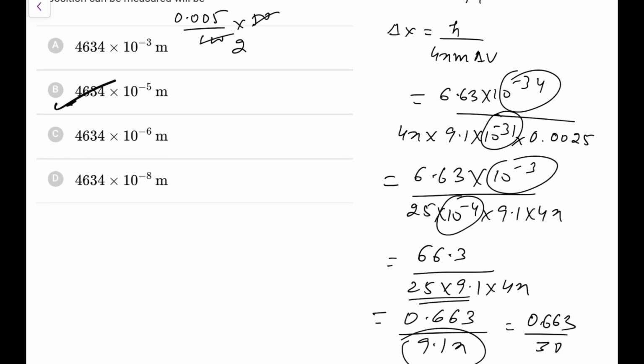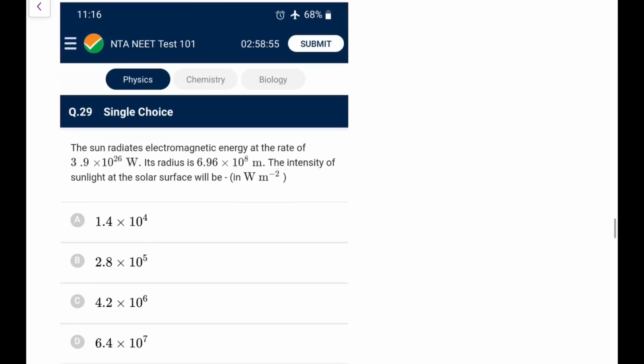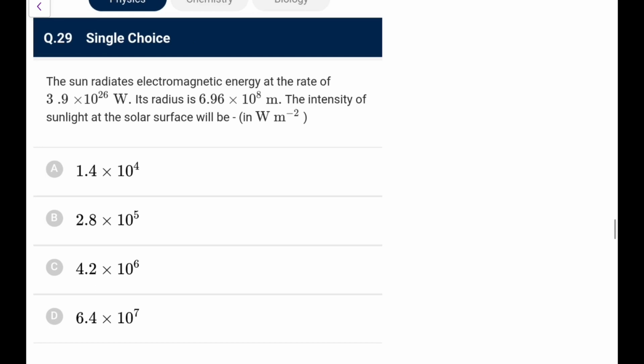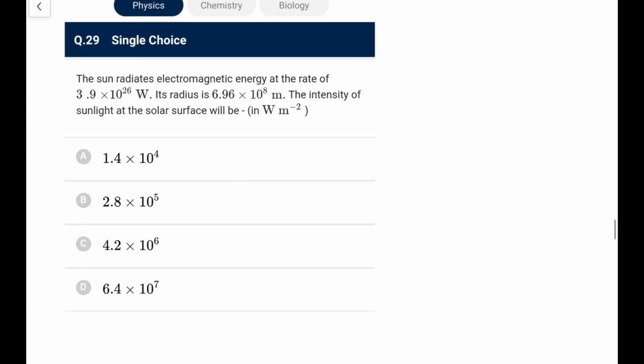Why I'm not getting exactly that is because I'm getting half of this answer, because they have taken it as 2 pi and I have taken it to be 4 pi. It doesn't matter, because we just have to check the estimation, so it should only be asked in terms of the order, I think. But people ask, I can't help it; people write it as h by 2 pi, some write it as h by 4 pi, whatever you wish, you can go for whatever your teacher has taught you.